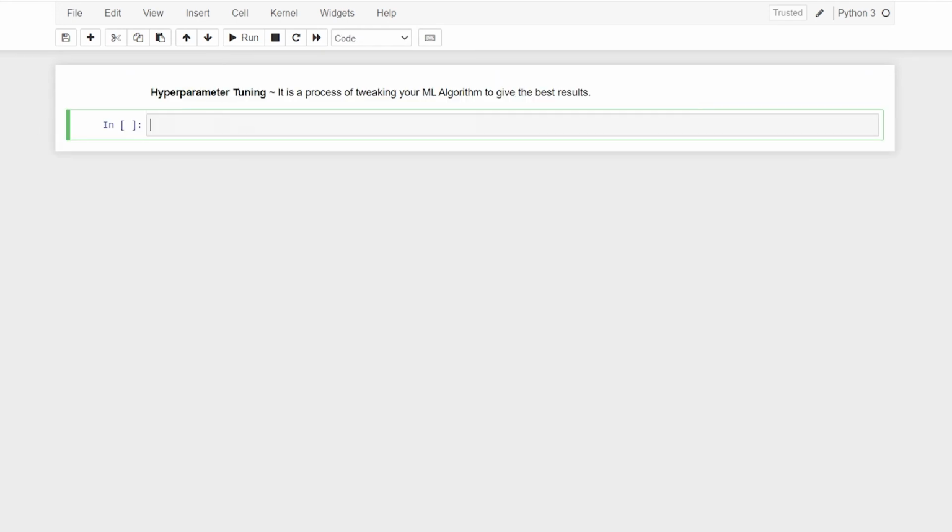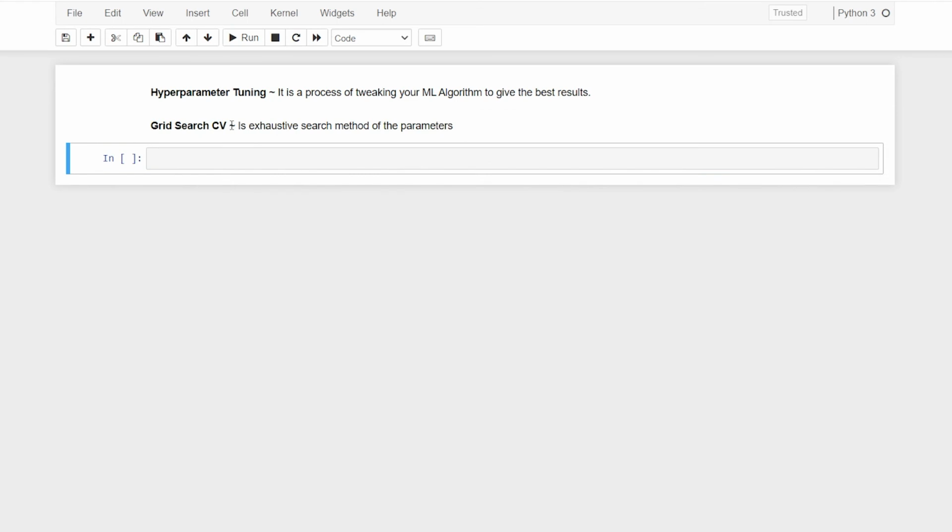There are two procedures when we talk about hyperparameter tuning in scikit-learn. Basically, sklearn provides us something known as Grid Search CV, grid search cross validation. This method is an exhaustive search of the parameters. You specify the parameters of your ML algorithm, then it performs an exhaustive search, going through each and every single parameter and giving us the best outcome. We give it a set of parameters, hand it over to sklearn, and it handles it for us. That is so cool. Having said that, let us now start with our model.